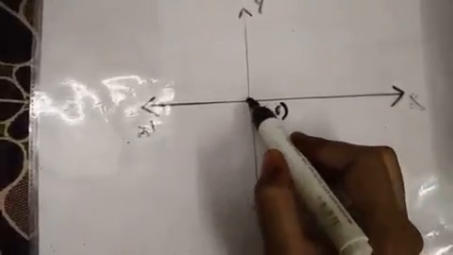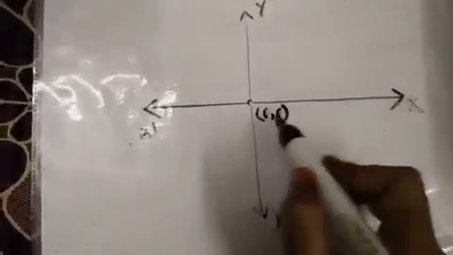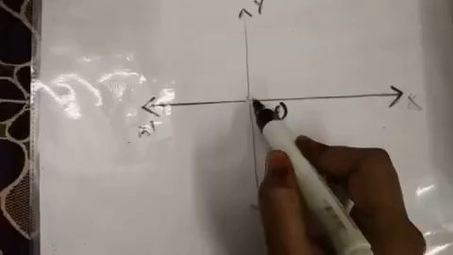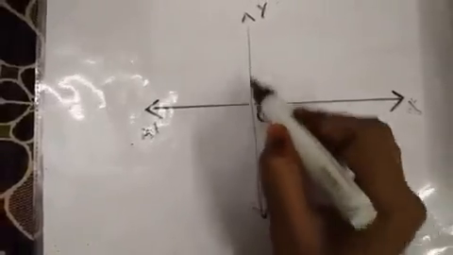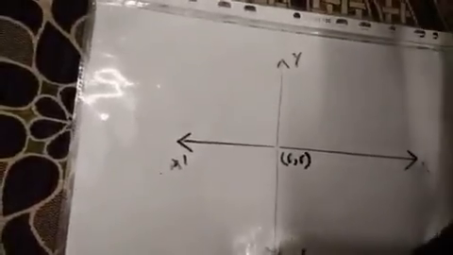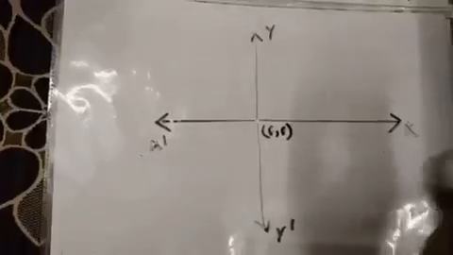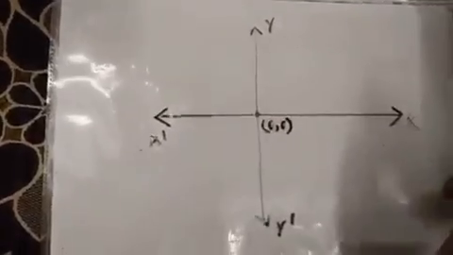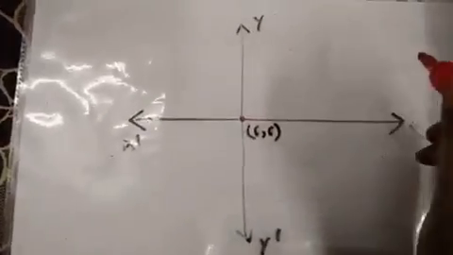What is the horizontal distance from this point on the x-axis? It's 0. What is the height of this point from the y-axis? It is nothing, it is 0. That's why the coordinate of this point is 0, 0, and it is called the origin. Done? Now what is the distance formula?